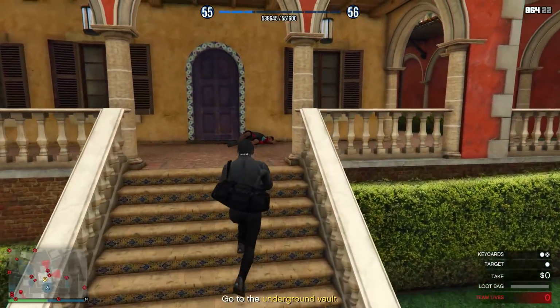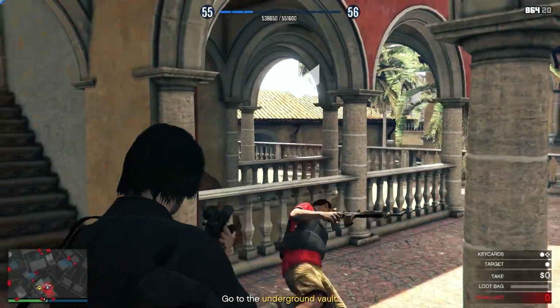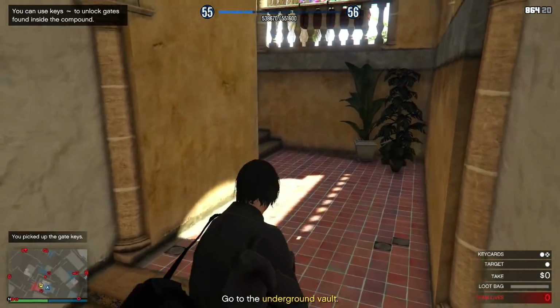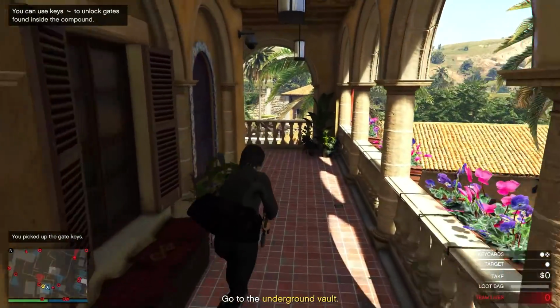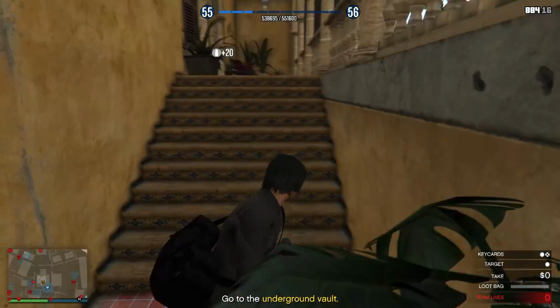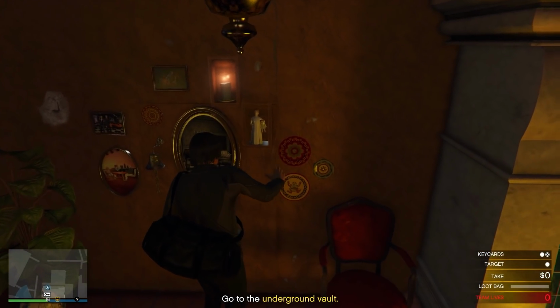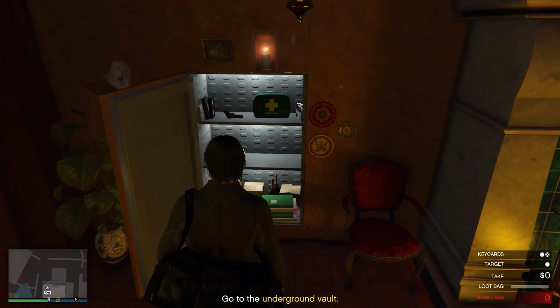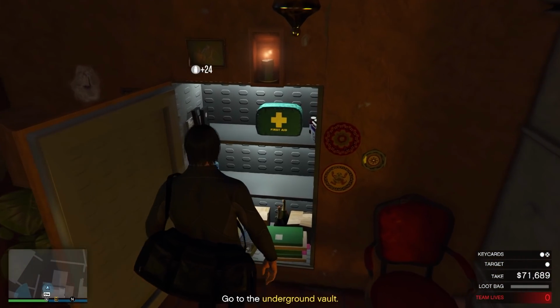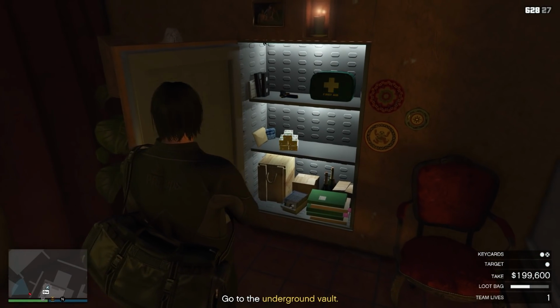Now just go upstairs, walk to this corner and easily take down the next guard. Now go up 2 flights of stairs and wait for the last guards that we will need to kill inside the compound. Now go upstairs, enter this room and check the safe. It's close to the fireplace behind this picture. Don't forget to do it, it's an additional $75,000 on average